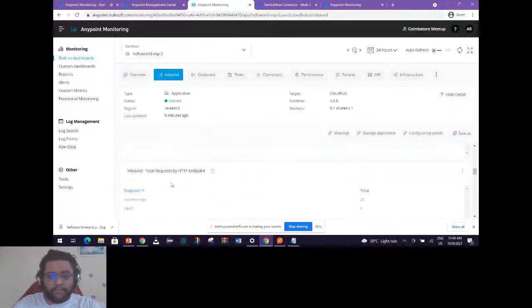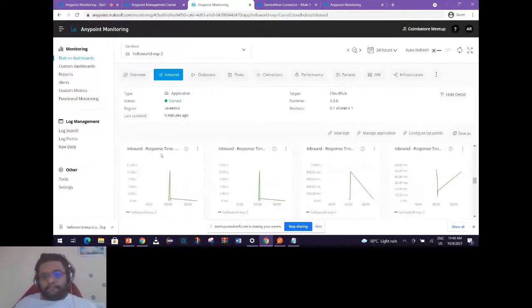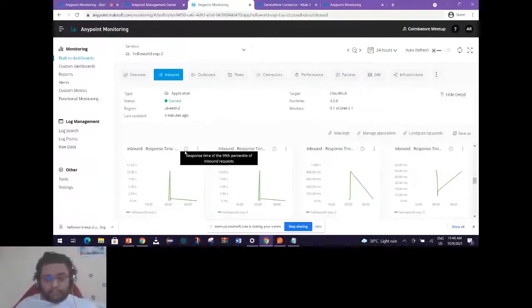Next, let's see the total. That's also something which can be helpful. In the report section, you could see the total number of requests received. Right now, this gives you a further bifurcation of how many endpoints there are in that API and how many requests were received by each of those endpoints. And again, the response time percentile of the inbound requests coming in, like the 99th percentile, which means 99% of the requests had this response time, 90% of the requests had this response time, and so on.